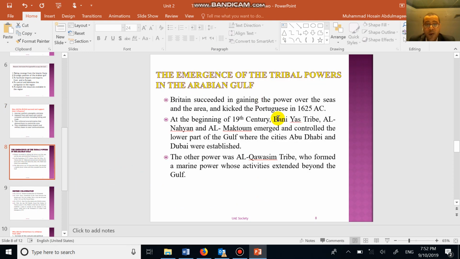Now, the emergence of tribal power in the Arabian Gulf. The British succeeded in gaining power over the sea and they kicked out the Portuguese, as I said before, in the year 1625. Now, at the beginning of the 19th century, the Benias tribes